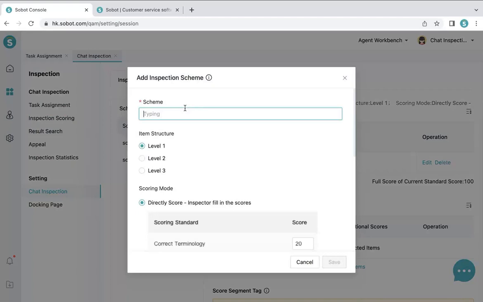For example, Sobot 0001. You can see the structure here. So the item structure of inspection means different categories. For example, there is only one level, or there is a distinction between 2 and 3 levels, which is equivalent to whether we have one category or two categories, somewhat similar to a directory. For the first level, for example,